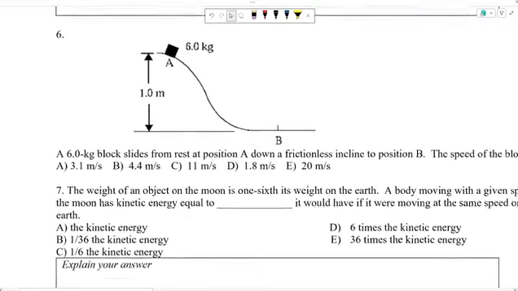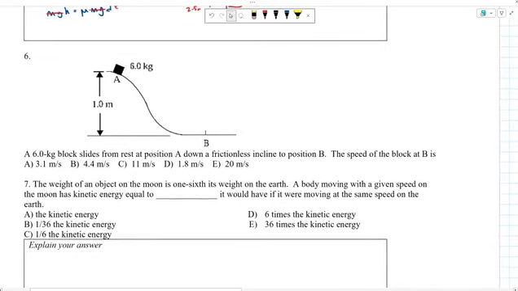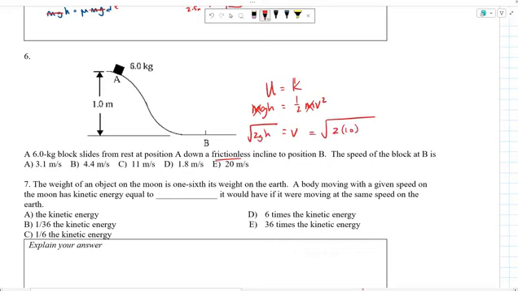Number 6, same situation. We want to know the speed of the block at point B. So in this case, we're going from potential energy at the beginning to kinetic energy at the bottom of the hill at point B. And it is frictionless, so there's no loss. All of that potential energy, mgh, is going to become kinetic energy, 1/2 mv squared. The m's cross out, and that speed ends up being the square root of 2gh. So 2 times 10 times that height of 1 meter, we get the square root of 20, which is roughly 4.4